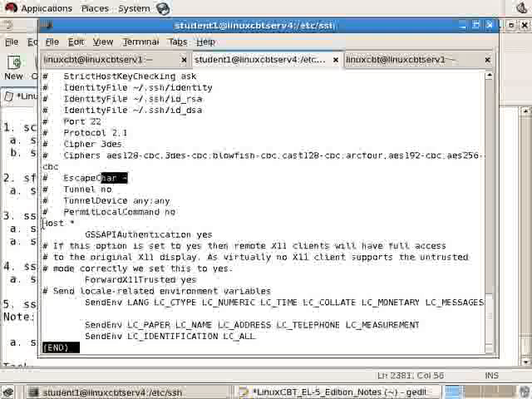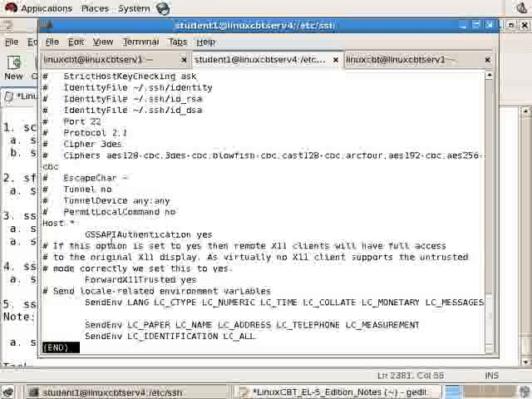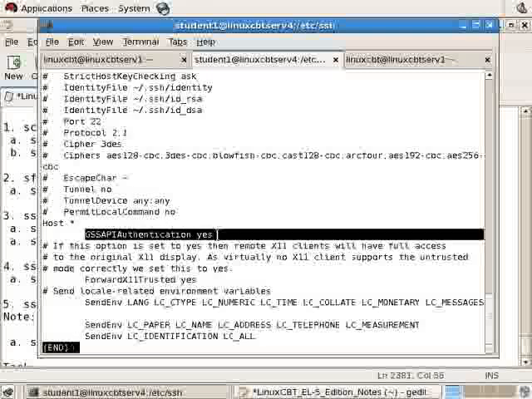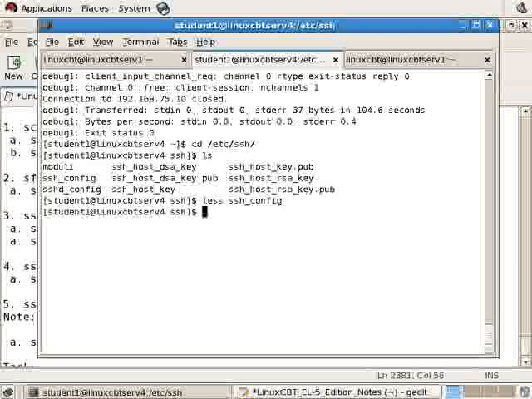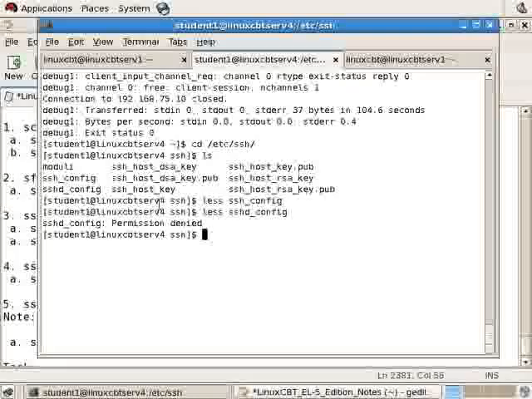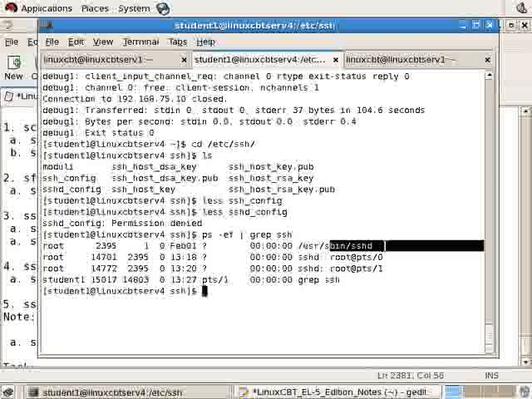Now we notice that host asterisk is mentioned here with no comment, and these are additional options that are turned on or off or set independent of the defaults that we've just covered. And as mentioned, there's also sshd_config, which cannot be read by a non-privileged user and is read by the SSH daemon that's running. A ps -ef grep ssh reveals that the primary daemon is running, and as it assigns pseudo terminals, you'll see multiple instances of